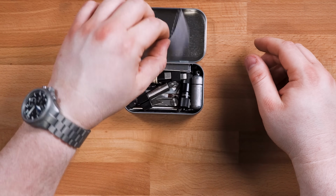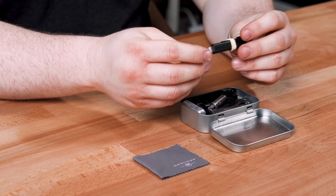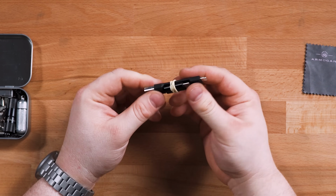So last week, I made a video on an urban survival tin. I took a bunch of EDC gear or potentially EDC items, really tiny little bits and bobs, and somewhat organized them in an Altoids tin, and it was a lot of fun. I had a lot of fun making that video. You guys seem to really enjoy it, and I'd like to make more like that in the future, but in